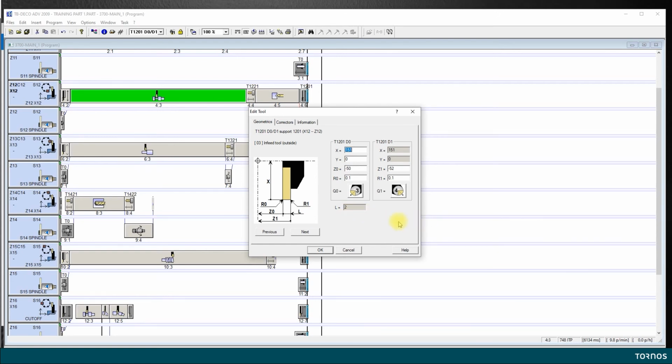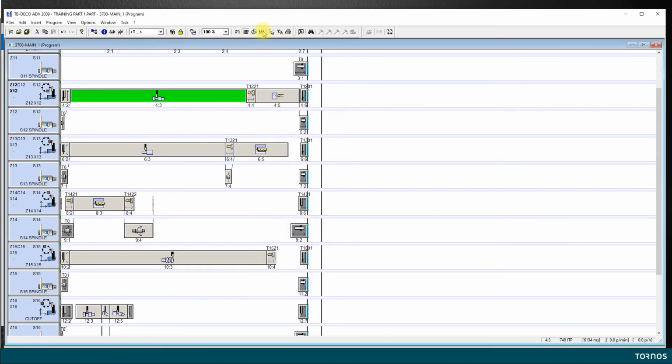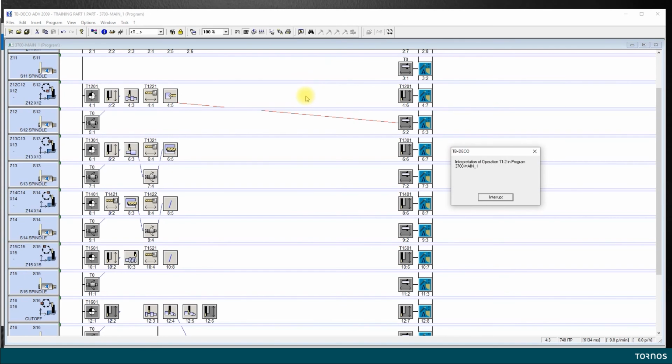So maybe it's a little bit too weak and I could use a wider tool, which would not only make my tool stronger, but also decrease the travel of the tool. So on my second geometry, I will put, let's say, minus 52.4, which will give me a tool width of 2.4 millimeter, which is one of the standard insert sizes you will find on the market anyway. So I validate this and let's generate again to see what happens.